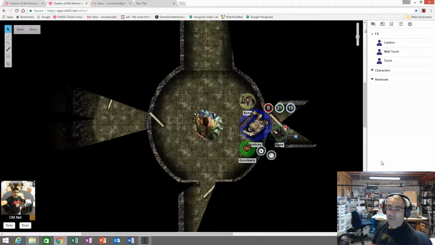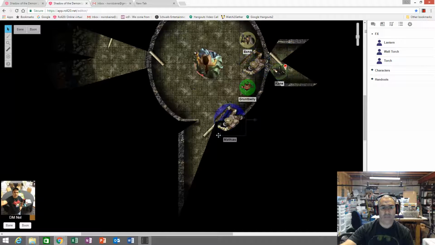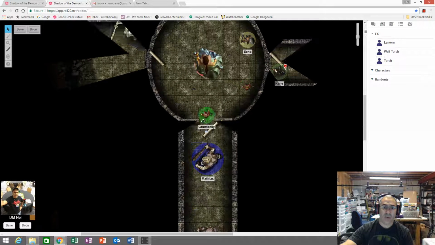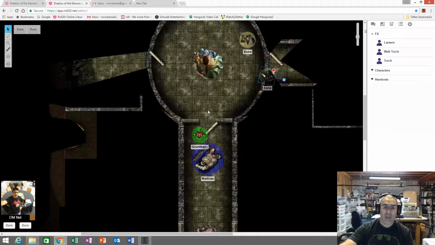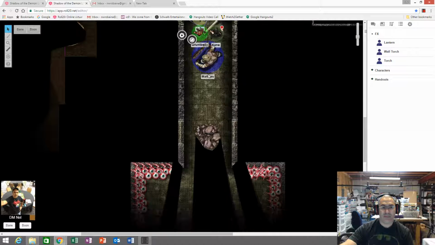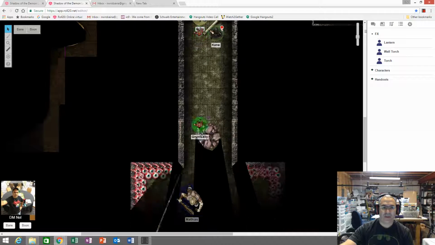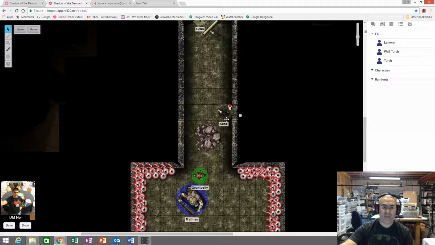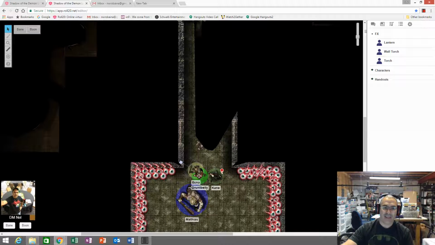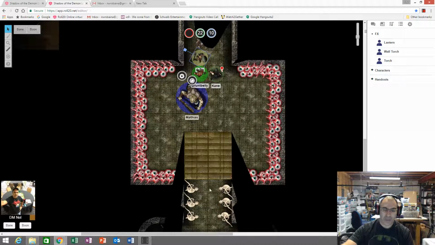They managed to kill the 3 demons without much difficulty eventually, and so they decide to press on, and they move on down into the lower part of the dungeon, and they get to the room that has the eyeballs. Now, the eyeballs, as it's written in the adventure, they're supposed to attack. But what I figured would be more interesting is if instead of attacking, they would let the heroes through. And then if they came back out, that's when they would attack, unless they came out with a particular item that's in the next chamber.